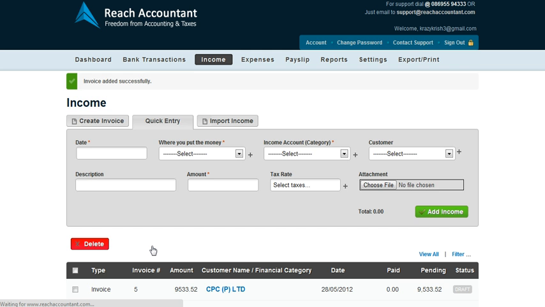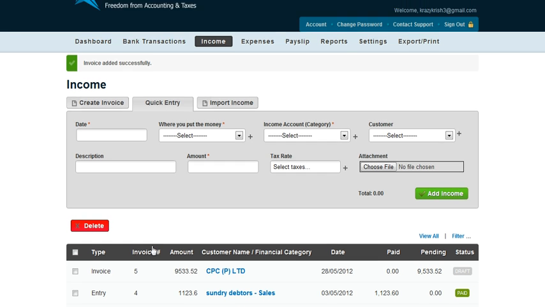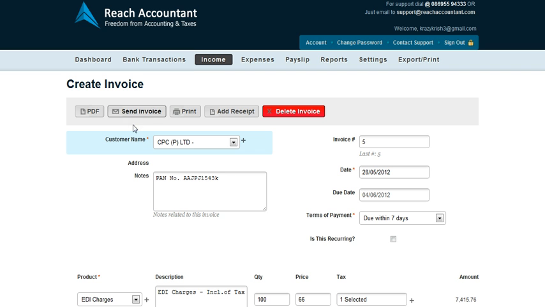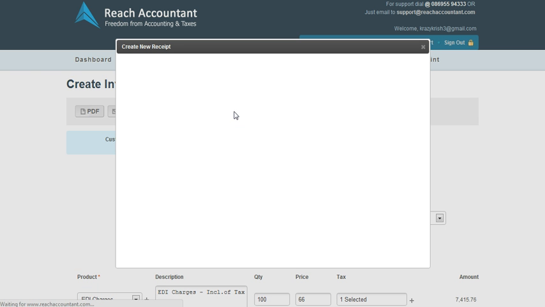Now what I'm going to show you is how I could send it to the customer. The invoice which I raised is here, listed among a few other invoices which I earlier raised, and I could click on this invoice and extract a PDF of this invoice which I could send to the customer as an attachment to the mail. Just in case when receiving money from the customer, I could also add a receipt to it using the